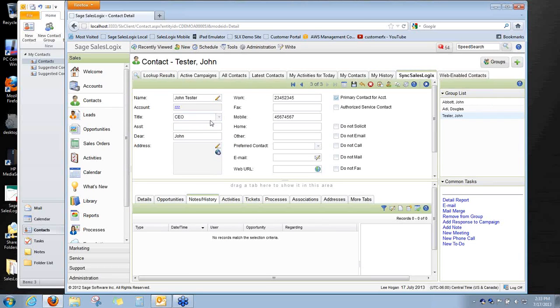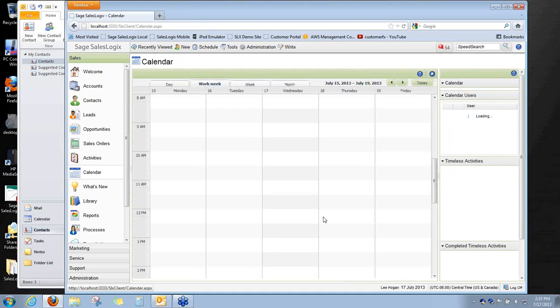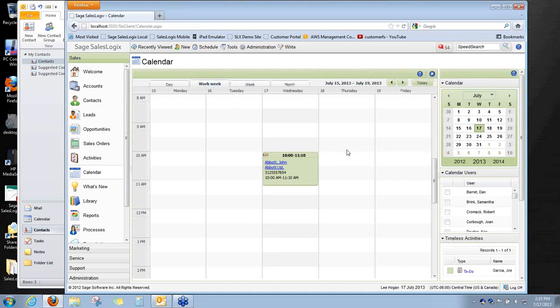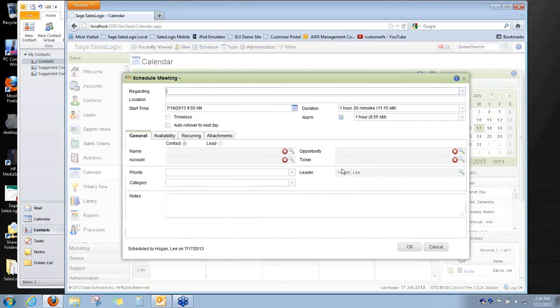Now, we'll talk about calendars, kind of the same thing, except there's a couple of other twists to it that are pretty cool. Calendar items synchronize in the same way. And so if I drag on my SalesLogix calendar and I create a new something or other, demo meeting, and it's an hour and 20 minutes long. It's got an alarm, and it's high or medium priority here. We'll give it a category and say,